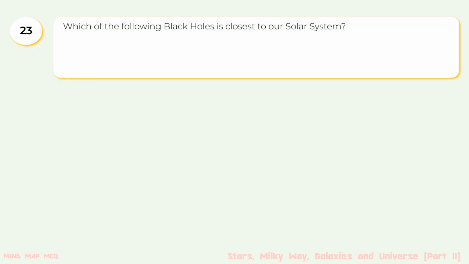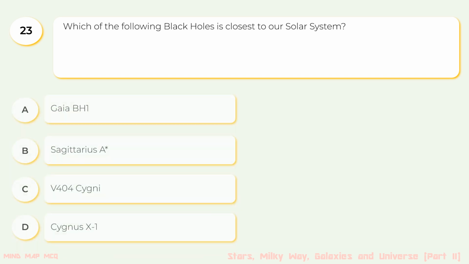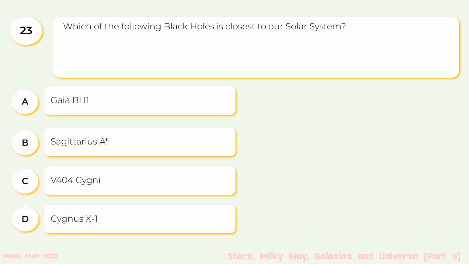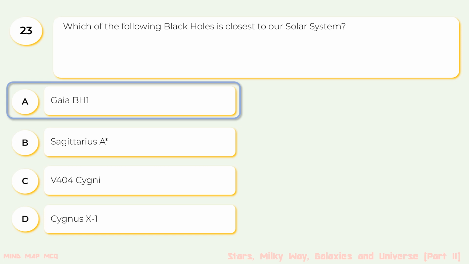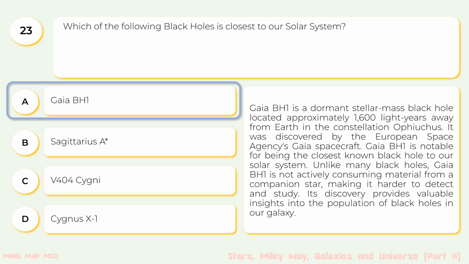23. Which of the following black holes is closest to our solar system? The options are A. Gaia BH1, B. Sagittarius A*, C. V404 Cygni, D. Cygnus X-1. The correct option is A. Gaia BH1. Gaia BH1 is a dormant stellar mass black hole located approximately 1600 light years away from Earth in